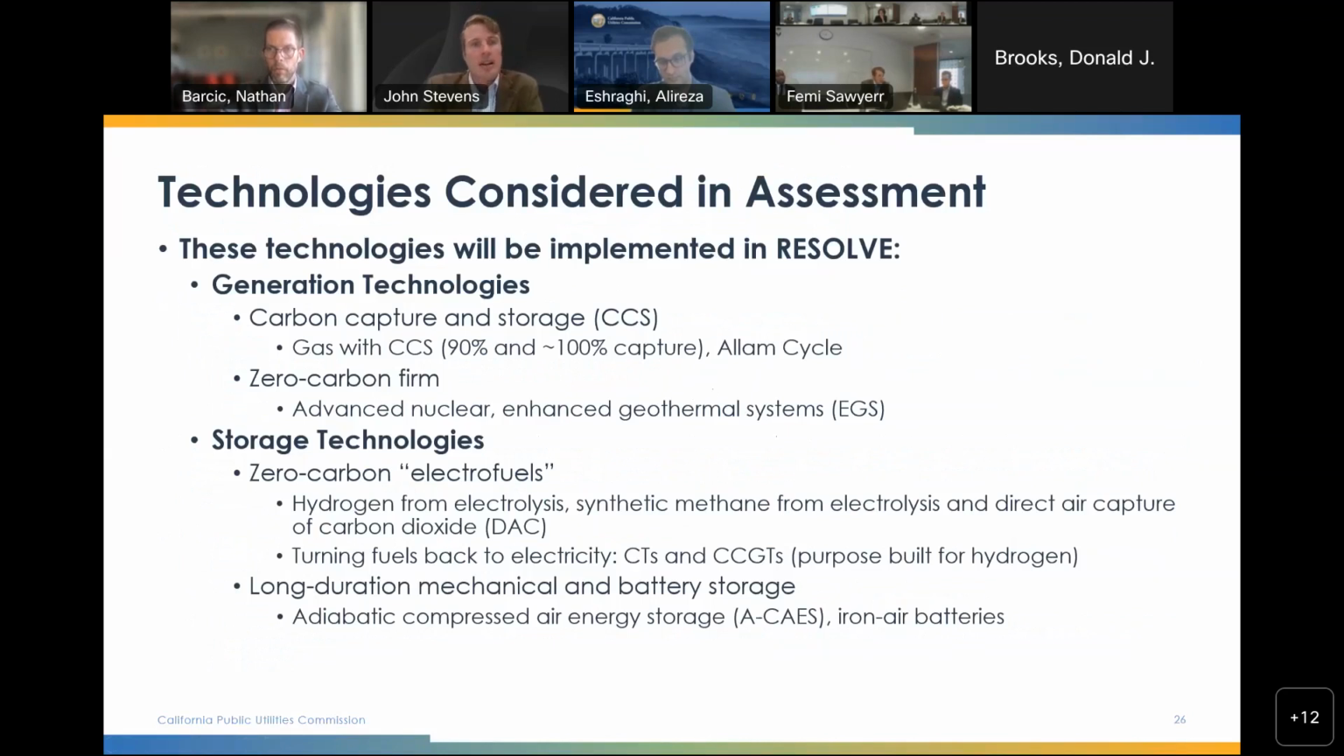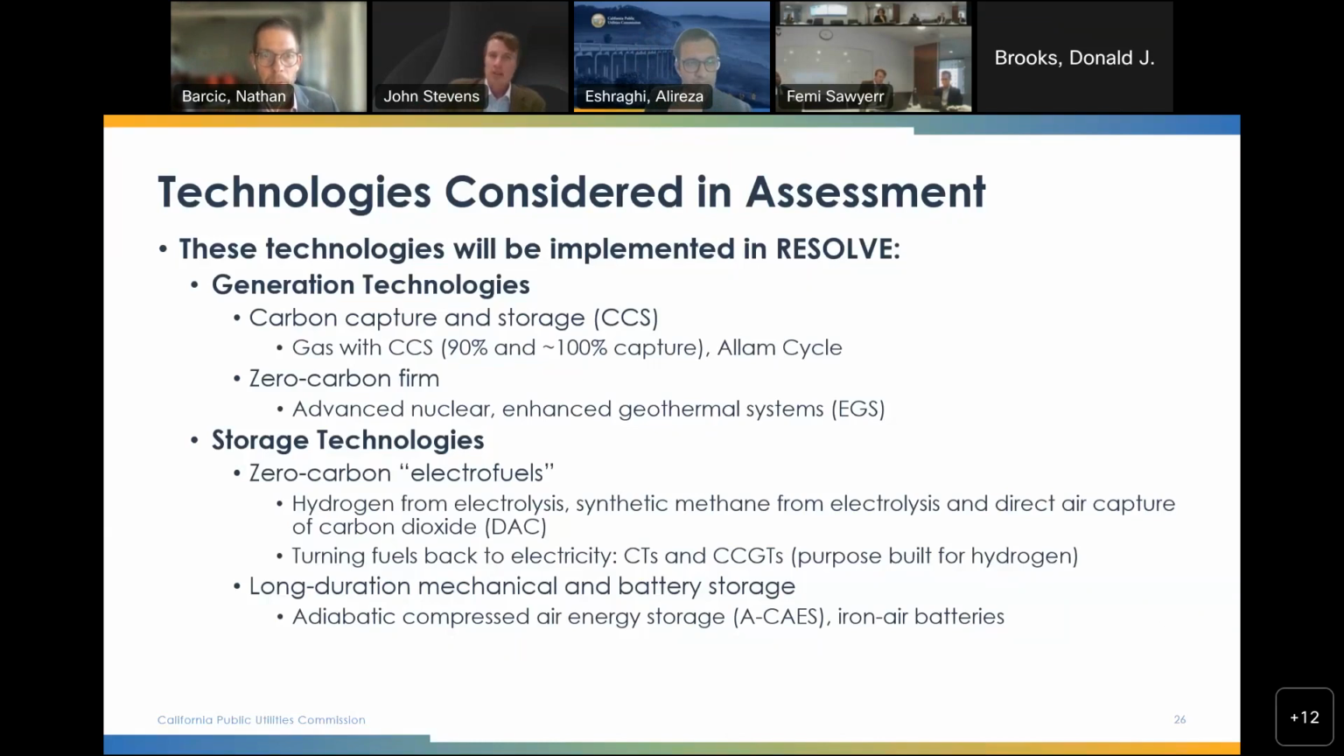So, what did we consider? The technologies that we looked at were gas generation with CCS. And so there was a couple different kinds of technology that we looked at. The first would be combined cycles with either 90 or close to 100% capture rates. So this is post-combustion capture. And then the second technology that we looked at was the Allam cycle, which is basically a system that separates out nitrogen from the inputs and burns oxygen such that your exhaust stream is already concentrated and pressurized carbon dioxide. We then also looked at some zero carbon firm technologies. These included advanced nuclear and enhanced geothermal systems. These are two technologies that are around the clock with no or little direct